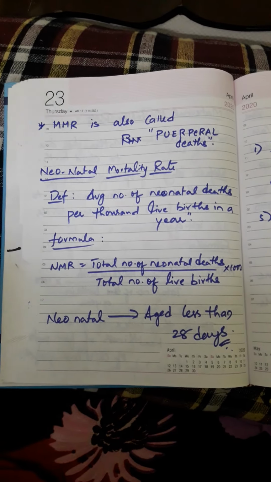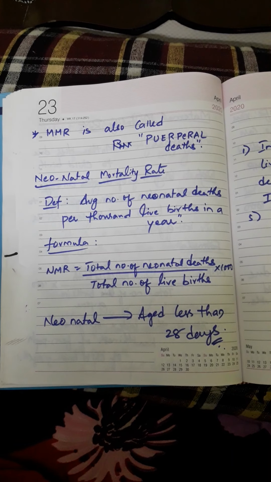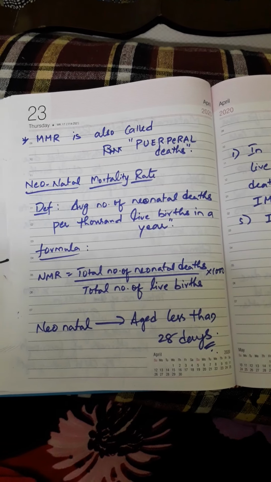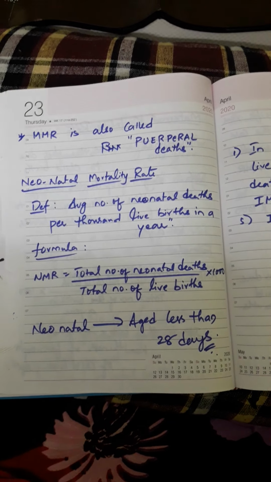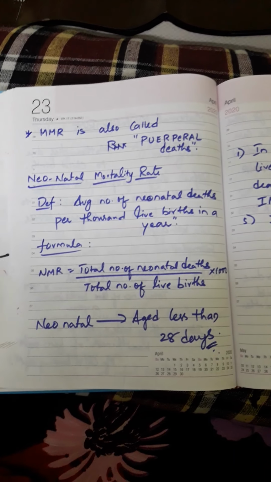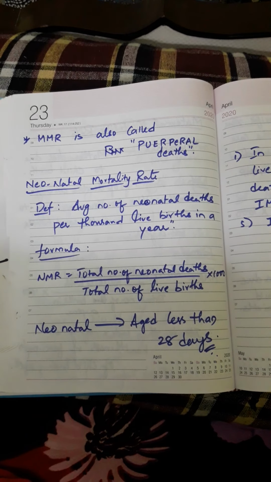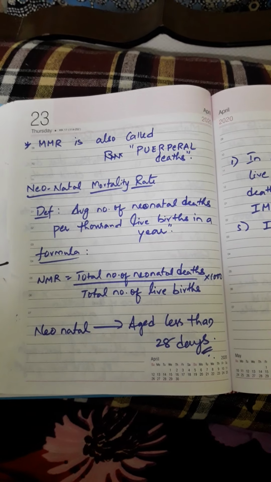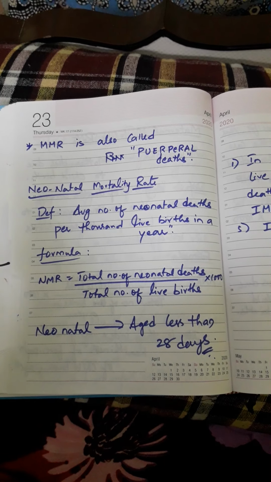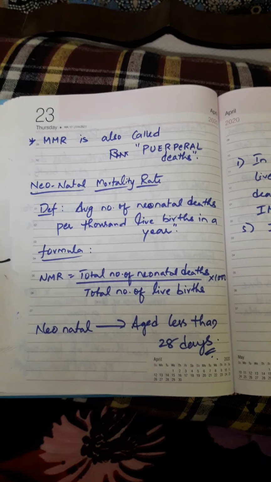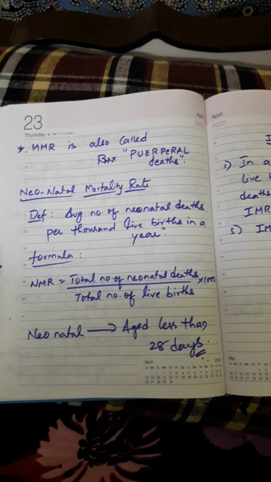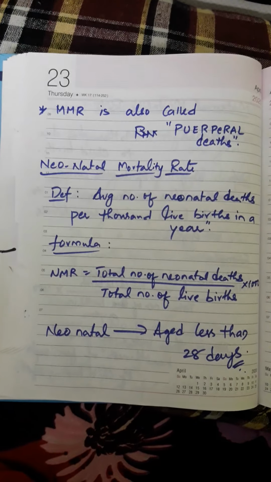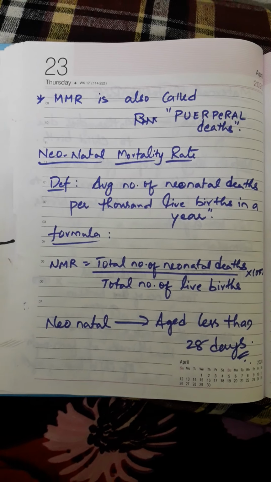There is a connectivity between these 3. In all 3 the denominator would be live births. Only the numerator changes according to the heading of the concept. Infant mortality: number of infant deaths by live births into 1000. Next, maternal mortality rate, that means maternal cases, mother dying cases: number of mother deaths during childbirth divided by total number of live births into 1000. Neonatal means below 4 weeks: number of neonatal deaths by total number of live births into 1000. So that's the end of measurement of mortality concepts.